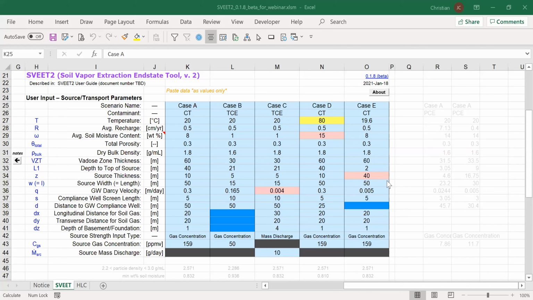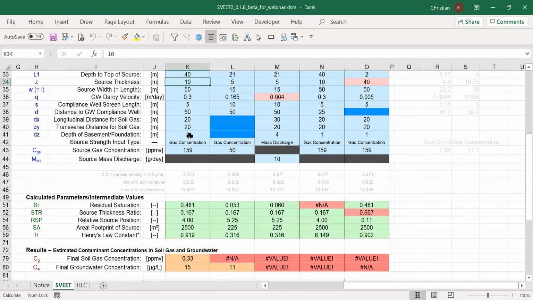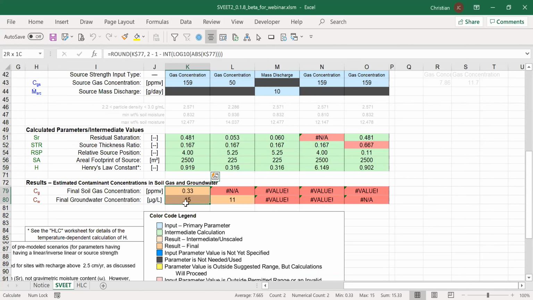All right, so my screen should be shared and I'm showing the SFEET tool. Again, it's an Excel-based tool, so it should be pretty accessible to folks. This is what you see initially when it loads. Here's the list of the input parameters by name with symbols and units. And this is the input area over here. So I have multiple scenarios loaded at the moment. You just enter the data like you normally would, and you'll see the intermediate calculations here